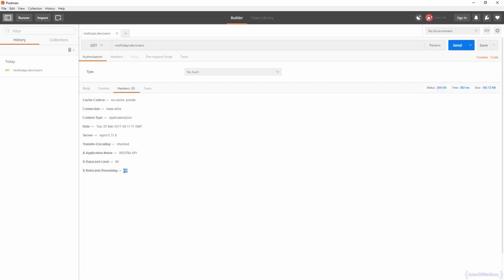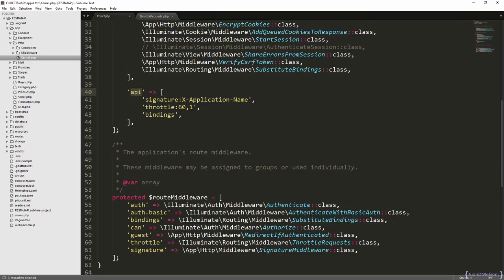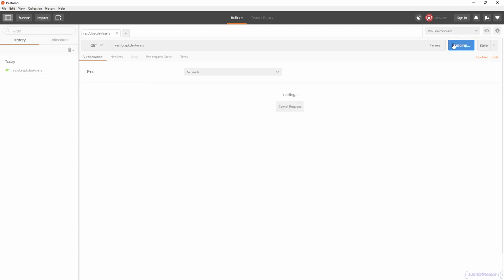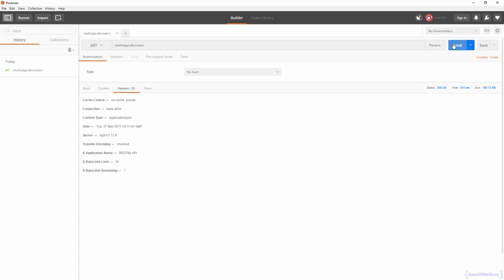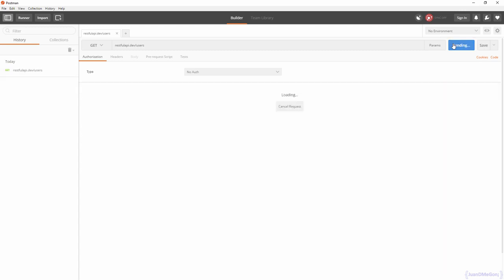So you can see now how it has been reset. It seems like it is working as expected. So let's reduce the quantity of attempts to only 10, for example, and see what happens. Then again, we have only 9, 8, 7, 6, and so on. If at any moment we exceed that quantity,